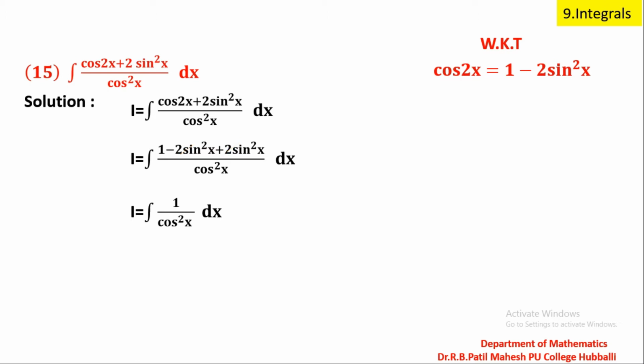Therefore I is equal to integration of secant square x dx, and the formula says integration of secant square x dx is tan x plus the constant of integration c. Very simple, important question. Number 16,